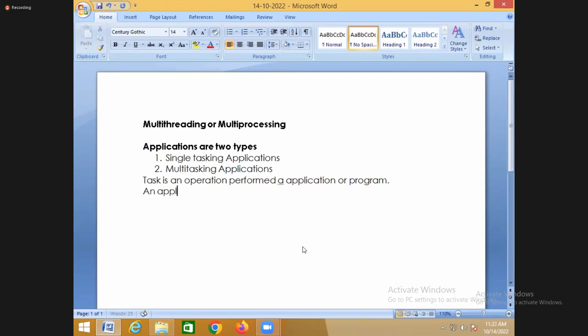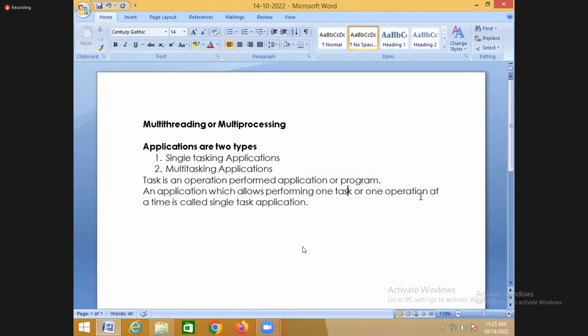So what is a single tasking application? An application which allows performing one task or one operation at a time is called a single task application. For example,